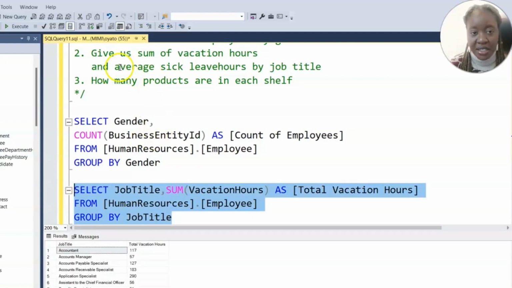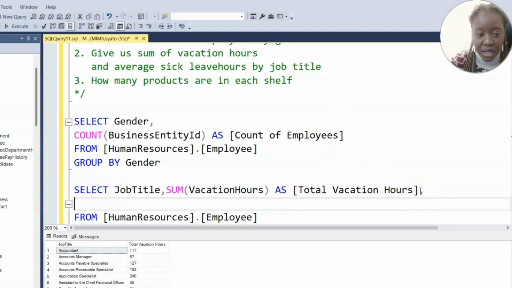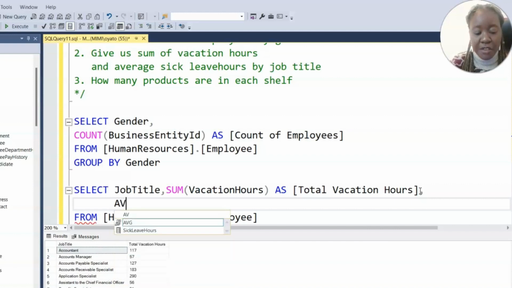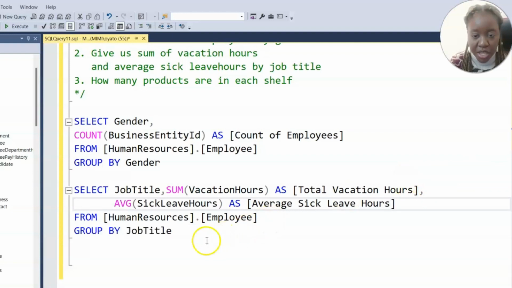Now let's answer the second part, which is asking for the average sick leave hours. Another aggregate function is average. With average, we'll do AVG. So average is AVG in SQL. We want to check the average of sick leave hours. So let's give it an alias. Say, average sick leave hours. Okay. Now, if we execute this,